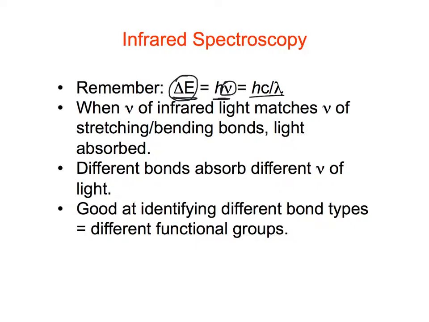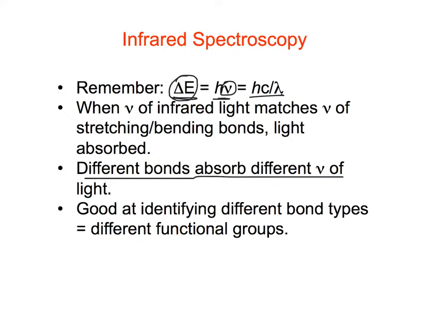And so when the frequency of the light matches that of a bond vibration, then light gets absorbed. Okay? And because different types of bonds are going to have different frequencies, they're going to absorb different frequencies of